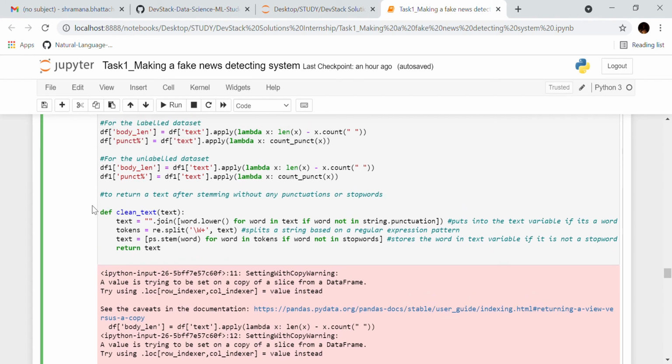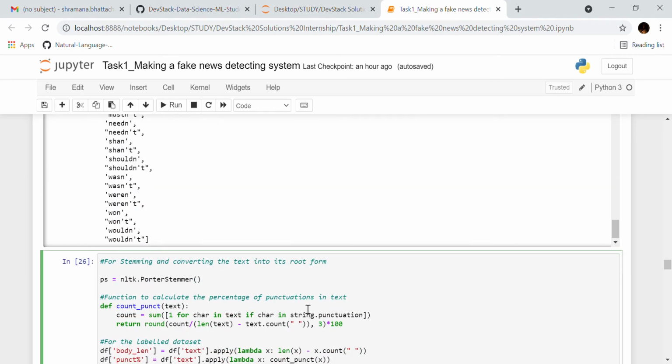Now what the clean text function does is return a text after stemming without any punctuation marks or stop words. Going one by one, the variable text will first contain only those parts of the text that are words and not punctuation.